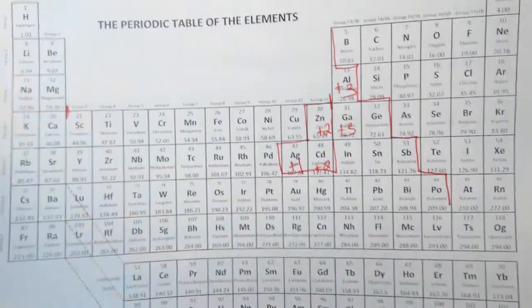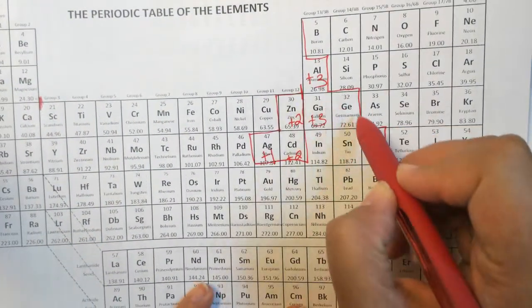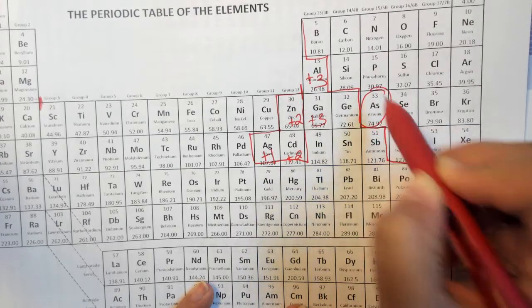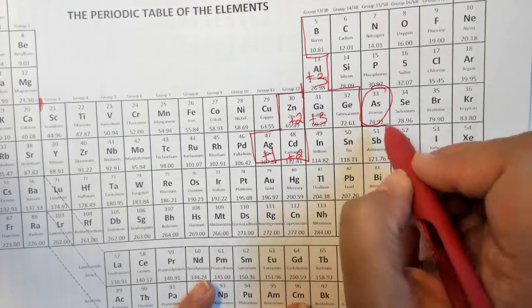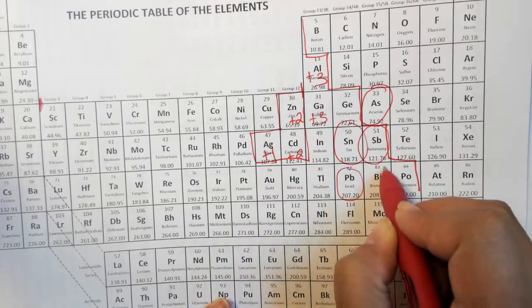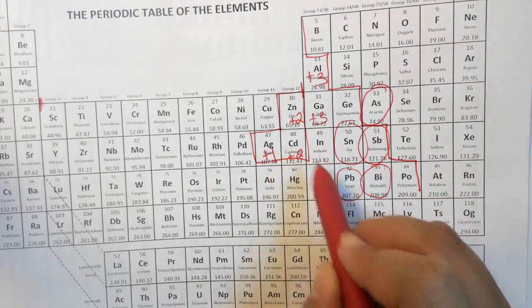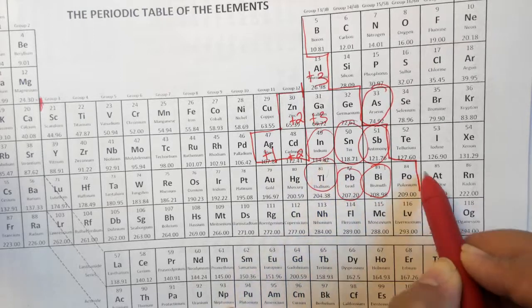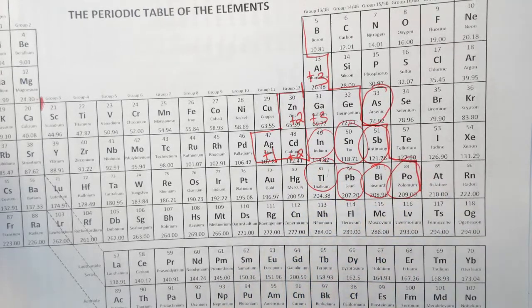So that means that over here, arsenic will get a Roman numeral, antimony, tin, lead, bismuth, and then usually indium, thallium, and polonium will also get Roman numerals along with the transition metals,